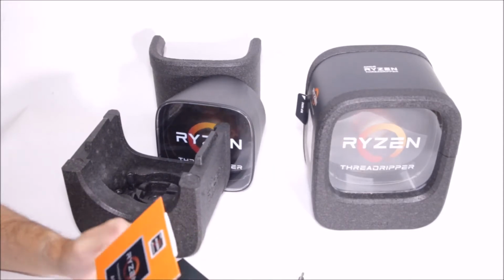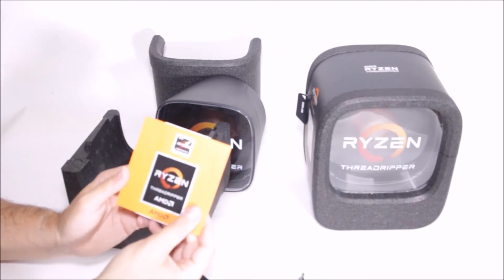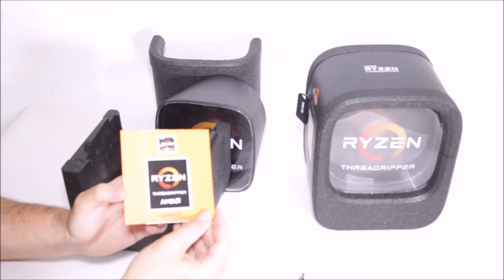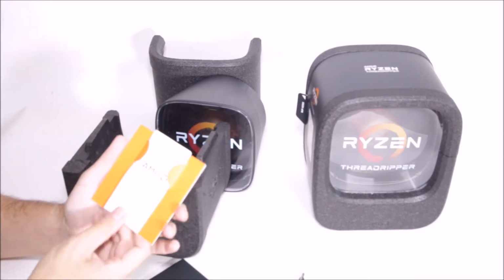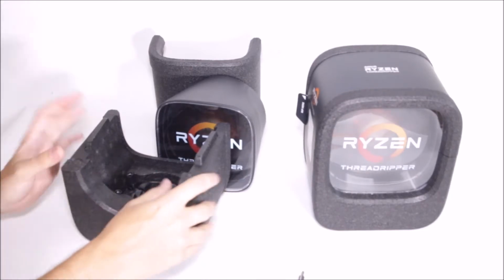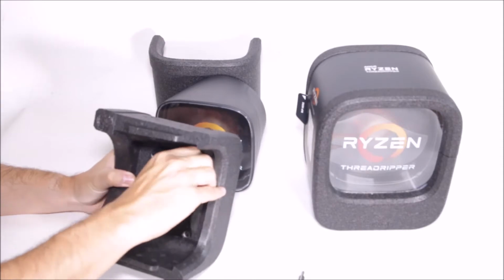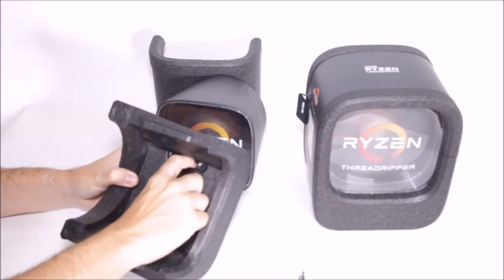Just going to have a look inside. So you get a giant AMD Threadripper sticker and a smaller case sticker as well, which is a nice touch, along with the usual installation instructions. And possibly the most important thing in the box, apart from maybe the socket wrench, is, if I can actually get it out,